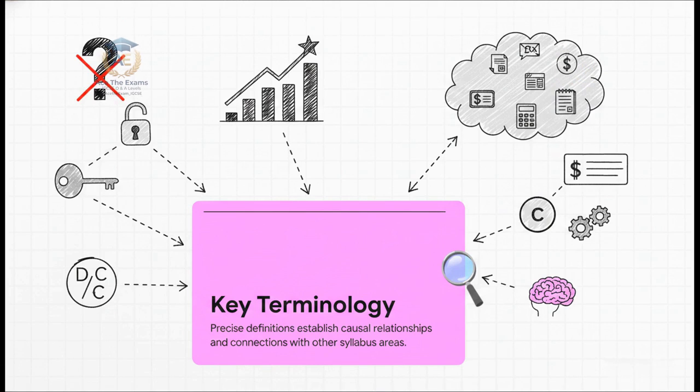Right, but do we really need to write out a dictionary definition? I say we just show the adjustment. Debit the sales ledger control account, credit the purchases ledger control account, boom. Causal relationship established through the double entry. I disagree, Alex. If we just show the double entry, we are hitting Assessment Objective 1, Knowledge and Understanding, and maybe AO2 for application. But we completely miss AO3, which is Analysis and Evaluation.